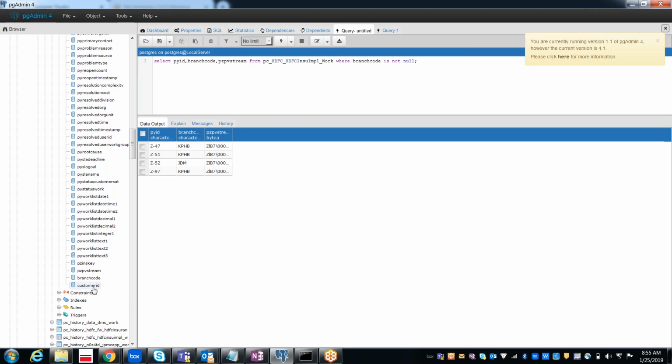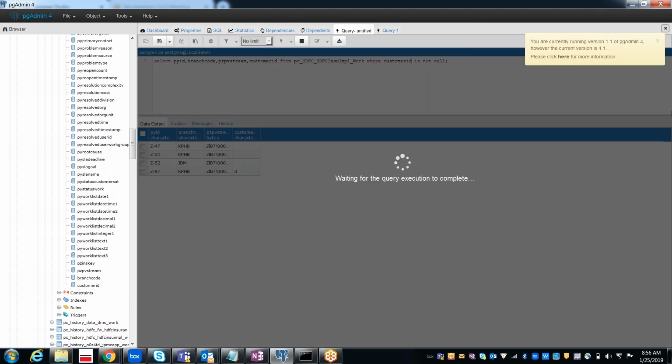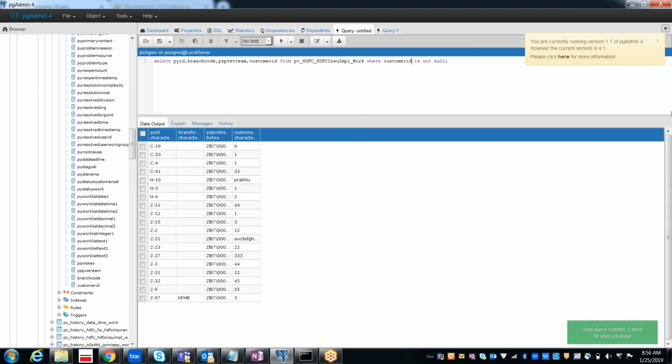So likewise, when you optimize a property, it is going to create a separate column in the database table. Now you can also see the values of the customer ID. For these three, we did not give anything for customer ID, so it is showing blank. If you want to see where customer ID is not null, like this, these are all the work objects for which we have given the customer ID.